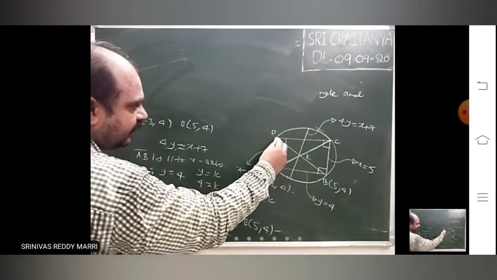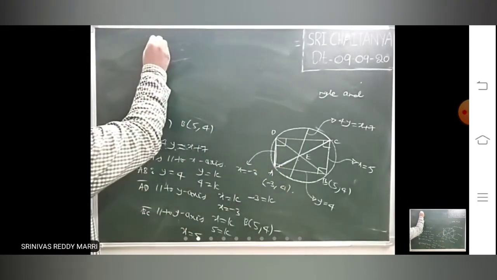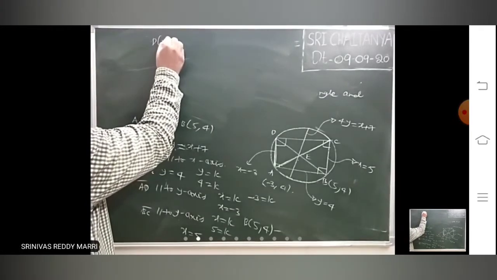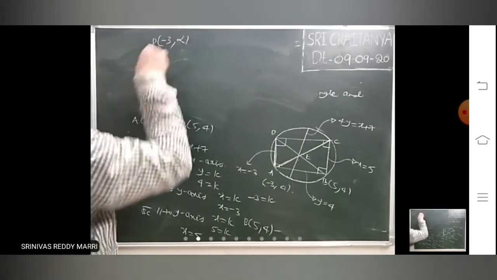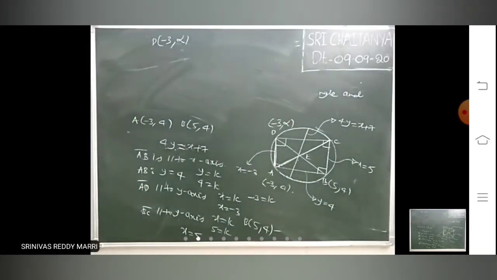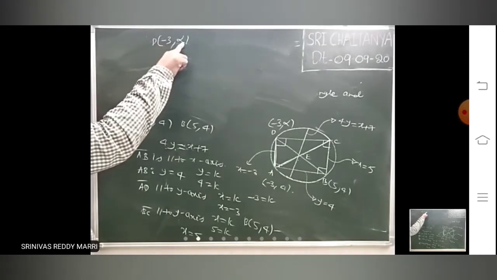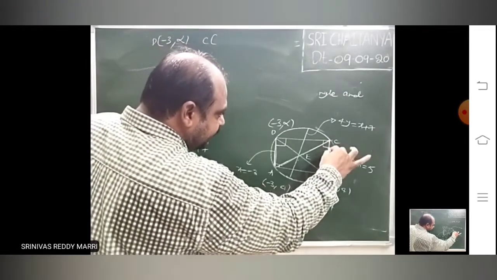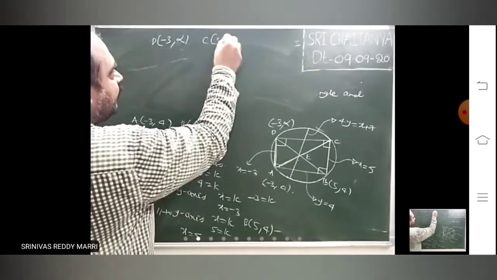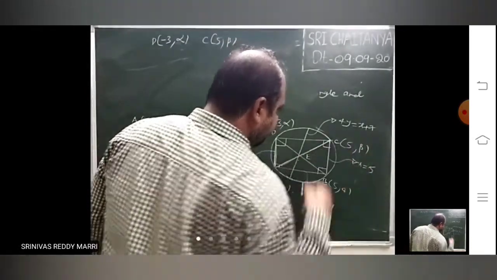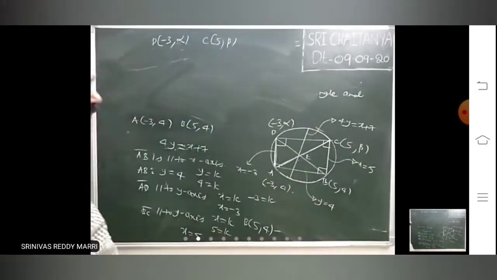So D point lies on x equal to minus 3. Now I am taking D point as it lies on x equal to minus 3. Minus 3 comma alpha I am taking. I am taking one point on that line. Minus 3, x coordinate will be minus 3. Y coordinate alpha I am taking. Now I am taking C coordinate as this lies on x equal to 5. That means 5 comma beta I am taking. Now all the coordinates I know. Just if I know alpha, I can calculate this.